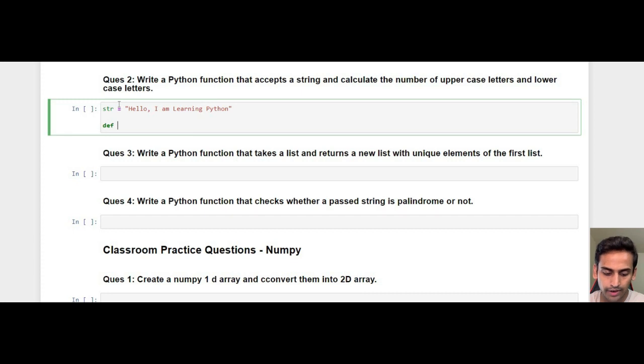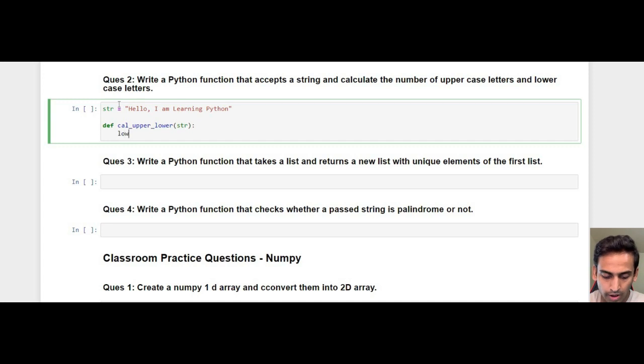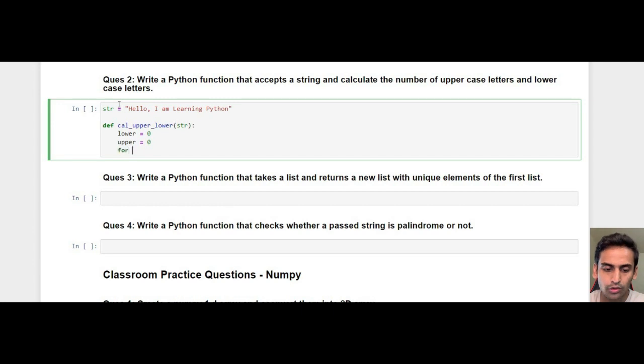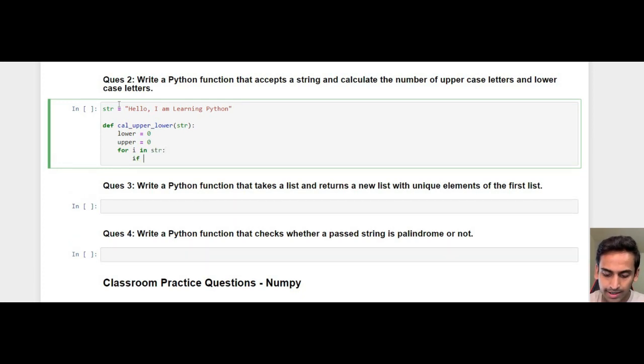So let me create a function. Let's say calculate, a user defined function, and this function will accept a string, so I'm giving the name as str. Now what I'm doing, I'm creating two variables, or like counter variables, which will basically count how many lowercase and uppercase are there. Now I will use the for loop to iterate each element of the string. Let's say for i in str, and then it will check that if,